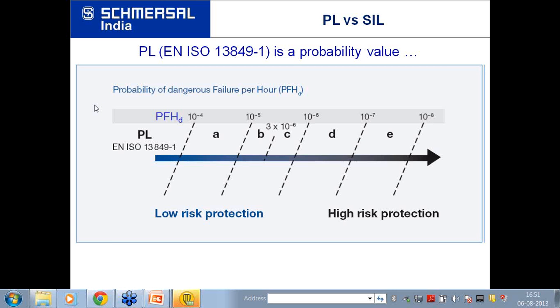But in some applications, optoelectronic devices cannot work. We have only electromechanical devices which can work, because with optoelectronic devices you cannot see whether they are working or not. That is why whenever you use optoelectronic devices, they should be safety certified or safety compliant. But with electromechanical devices, you can see physically that it is working.